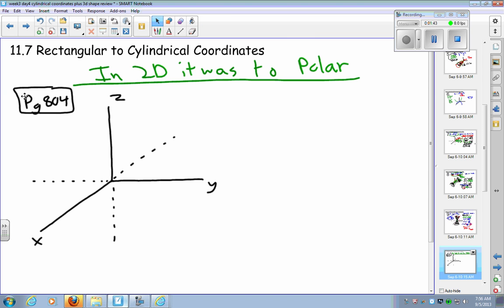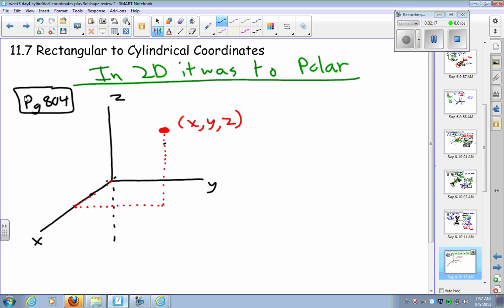Okay? And I'm going to come out and put a point right there, and this is going to be my x, y, z point. Okay? So out of the board to the right and then up. Okay? I might erase this back line because you don't really need it if it's all up in the front, and you don't really need that part either. Okay? So